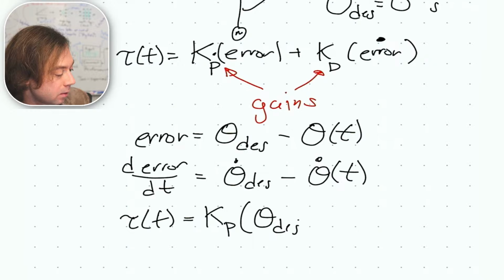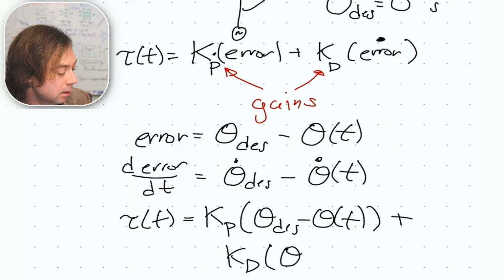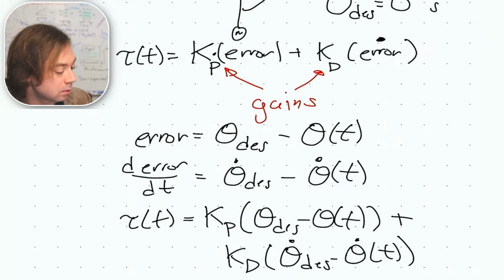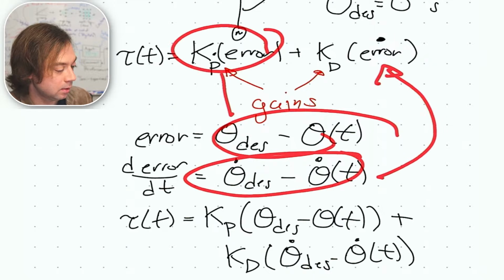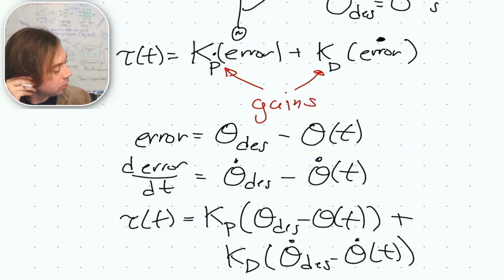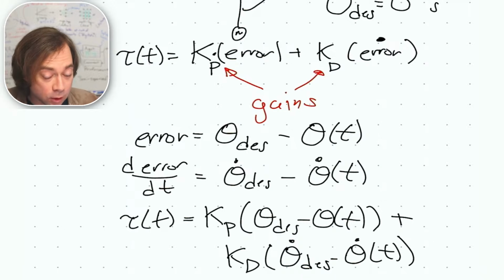Theta desired minus theta actual plus Kd times theta dot desired minus theta dot actual. We just substituted these things into there and that thing into there. That's all, it's just substituted them in. So that means that torque command we had,